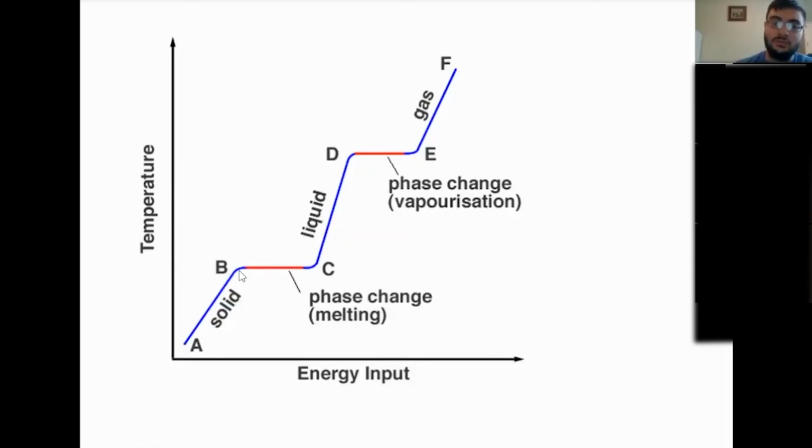If you had ice at 0 degrees Celsius, the ice would be right here at point B. You turn on a Bunsen burner for a second, and then turn it off. You're now past this, and you're here at this point. So you notice the temperature doesn't change, and the ice is not fully melted, because if it was, it would be at point C. It's partially melted, right? The temperature wouldn't change, but the ice would be partially melted into liquid.